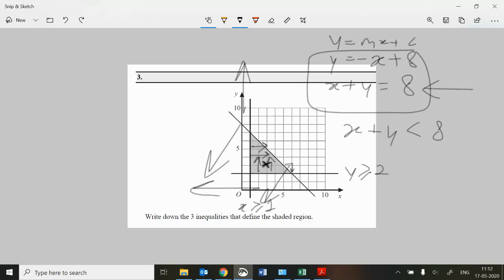Okay, so that completes our 3 inequalities. I just need a less than or equal to sign here. So the 3 inequalities are this one,